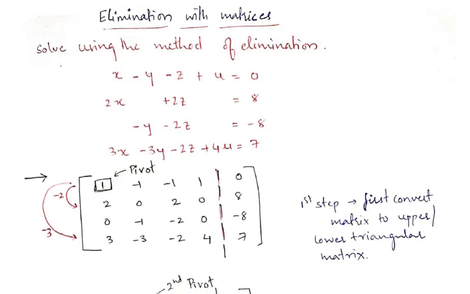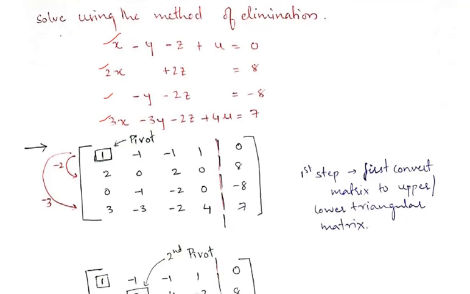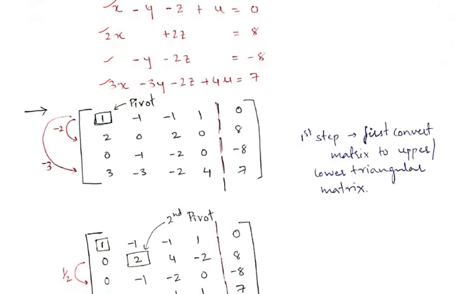So what we can do is create a matrix from the column picture, which we understood in the previous class. You can see here I have taken all the x coefficients in the first column, that is 1, 2, 0, 3, and then minus 1, 0, minus 1, minus 3, and so on, taking all the coefficients in matrix form here. Okay, and the RHS I have written on the right-hand side of the matrix, putting a bar in between.